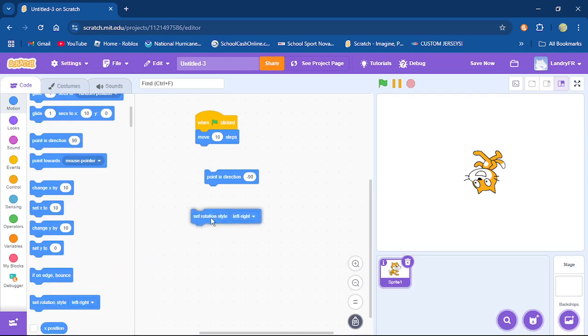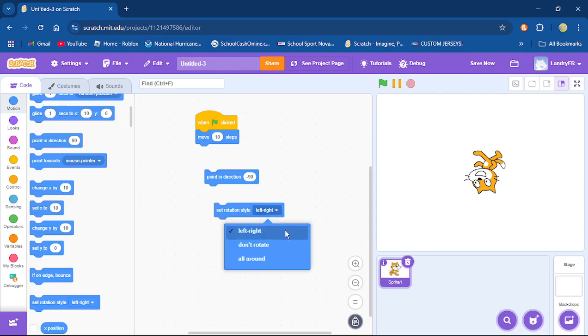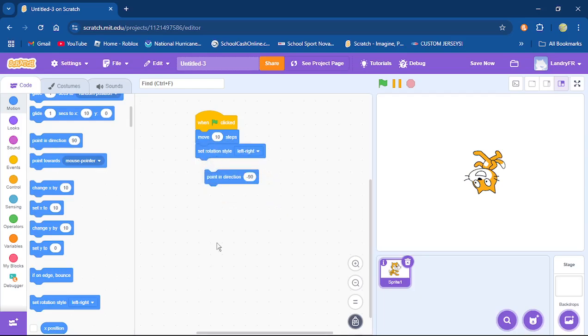So in order to fix this, you could scroll down just a bit and you're going to see this really cool thing called set rotation style. You can click on that and it says don't rotate at all, which is exactly what it's doing right now. All right, I believe this is the don't rotate at all, or no, maybe this is the all around one. I haven't played with this enough, but it's not all that hard to play with. All you have to do is click on it. All right, so what we're going to do is set this up here and point in the direction there.